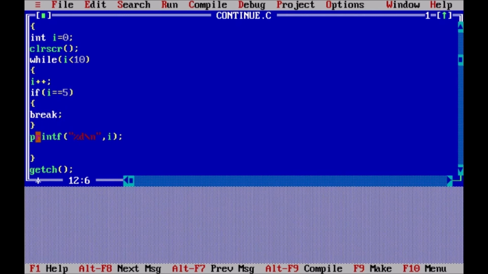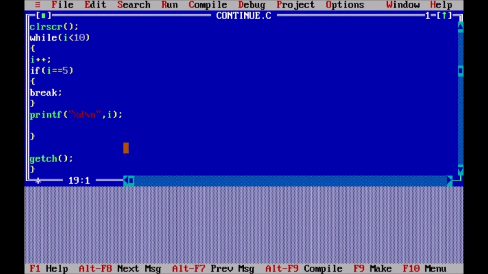That means there is no chance for the value 5 to be printed on the screen and the loop will stop working from here. Once the loop is broken, the statements after the loop will be executed, that is nothing but getch. And if there is any other statement present after the loop, that will get executed. The only thing that happens when break statement is encountered is that the loop inside which the break statement is written will stop working.